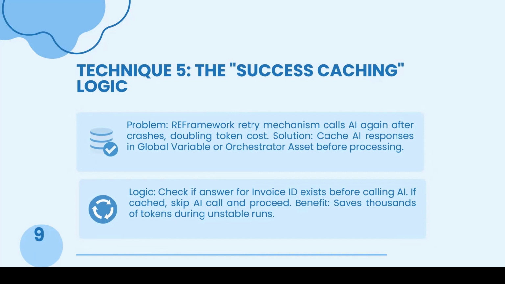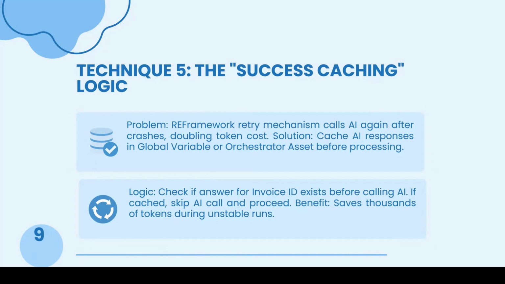So when that happens again, AI will reply to your requests. Now that's where you need to be cautious, because you already have the data. You don't need to have the AI generate a response again for the same context, right? So you either use a global variable, or orchestrator assets, or you can utilize the orchestrator output fields, the queue output fields. All these things you can try utilizing,